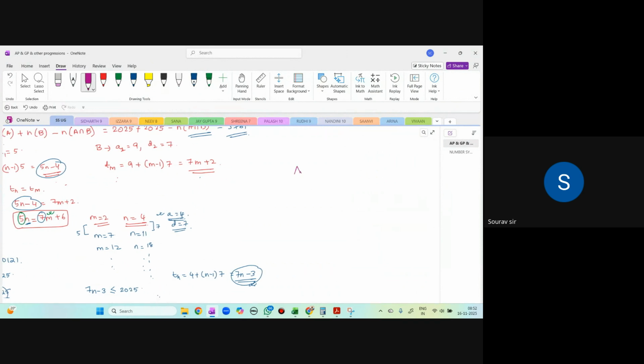If I have an AP series whose first term is A1, next term is A1 plus D1, A1 plus 2D1, and another series A2, A2 plus D2, A2 plus 2D2, etc. Then the common difference of the series of common terms,